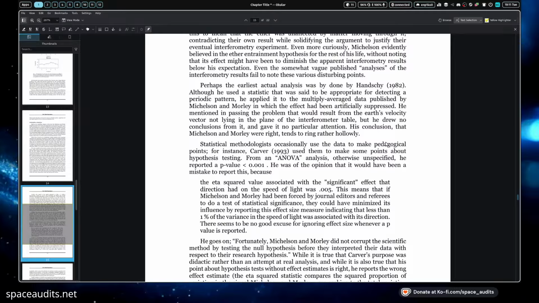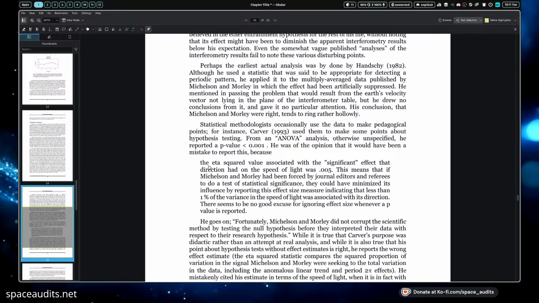Learning words is dope. To make pedagogical points, for instance, Carver in 1993 used them to make points about hypothesis testing. From an ANOVA analysis, otherwise unspecified, he reported that the p-values are greater than 0.001. He was of the opinion that he would have had to have made a mistake in the report because, quote, the eta squared value associated with the significant effect that the direction of the speed of light was 0.005. This means that Michelson and Morley have been forced by the journal editors and referees to do a